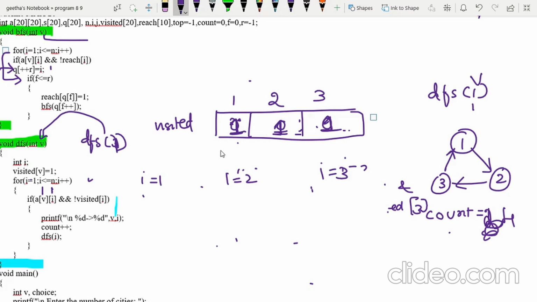So 1 to itself there is no need to check. Obviously this condition fails, the entire condition fails and so no need to check. And I is 2. When I is 2, the second condition fails, not visited of 2 fails, because of which we need not check or execute this part. So this also fails. I equal to 3, not visited of 3 fails.